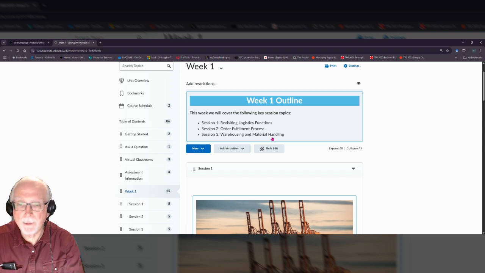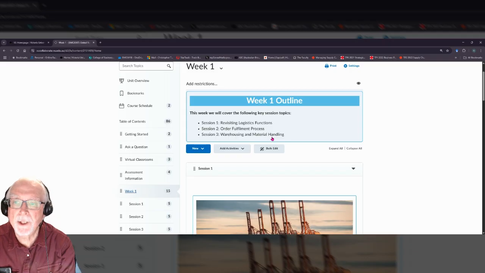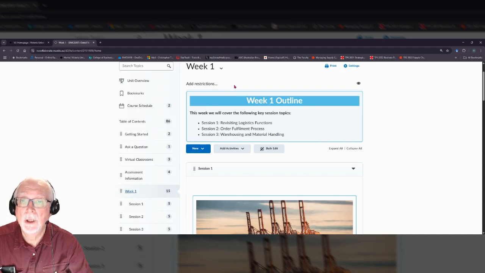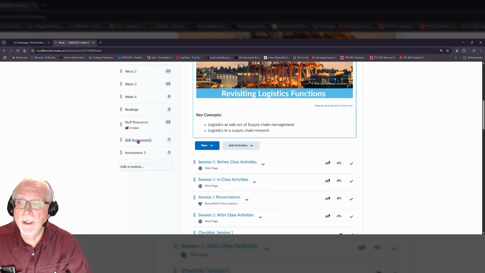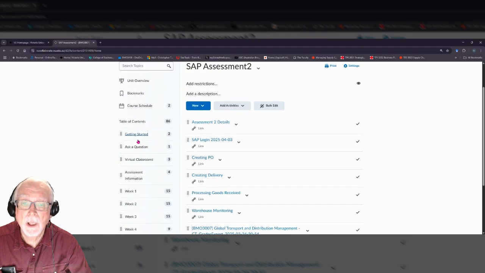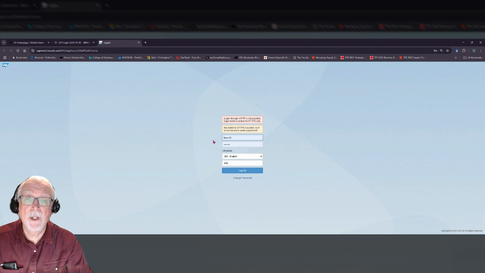So this is assessment 2, just an introduction to the warehouse management system in SAP. We just start off from the unit portal, and if you scroll down, you'll come across SAP assessment 2. What we want to do is log in to SAP. We have a link already here, so we click on that, and you'll see this